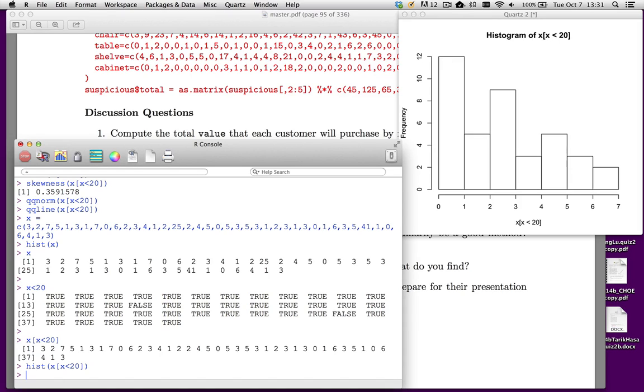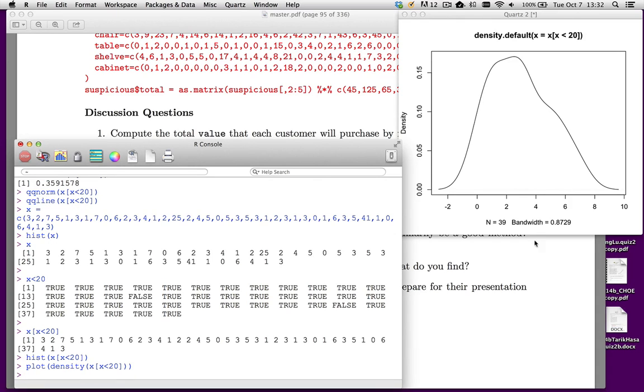And what do we see? Well, I see something that I would say is a little bit right skewed. I know the solution says it's approximately normal, but I think it's a bit right skewed. There's another command that I like. I haven't tried this for this data set, but if you do a plot of a density of this, actually one too many parentheses there. So plot of a density, I guess you could see where it might be moderately normal here,